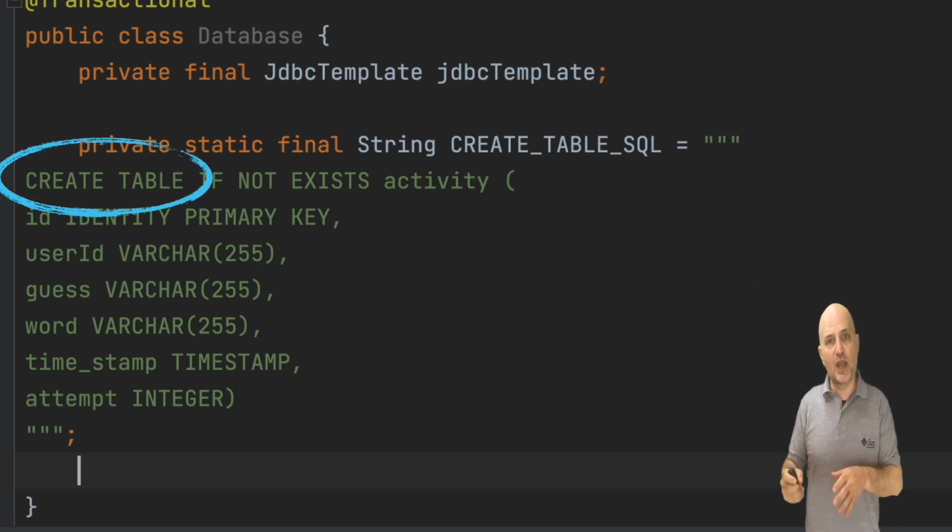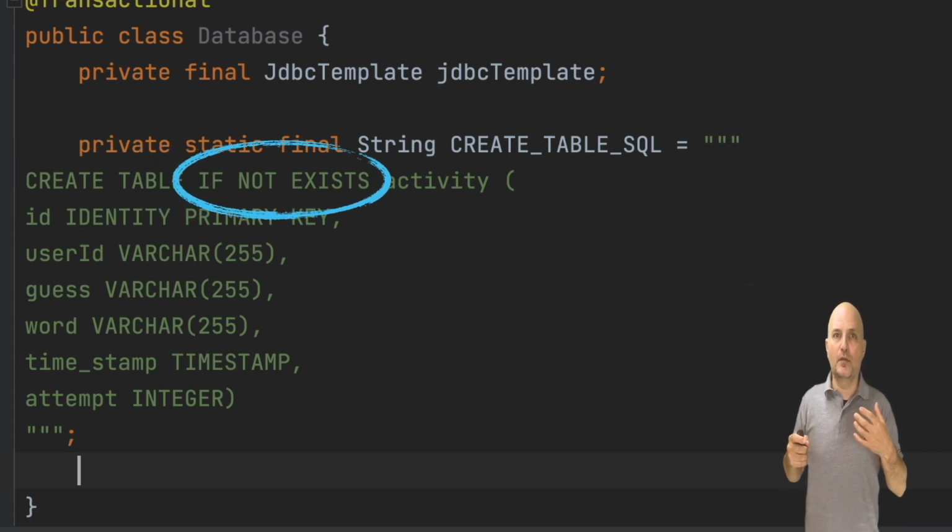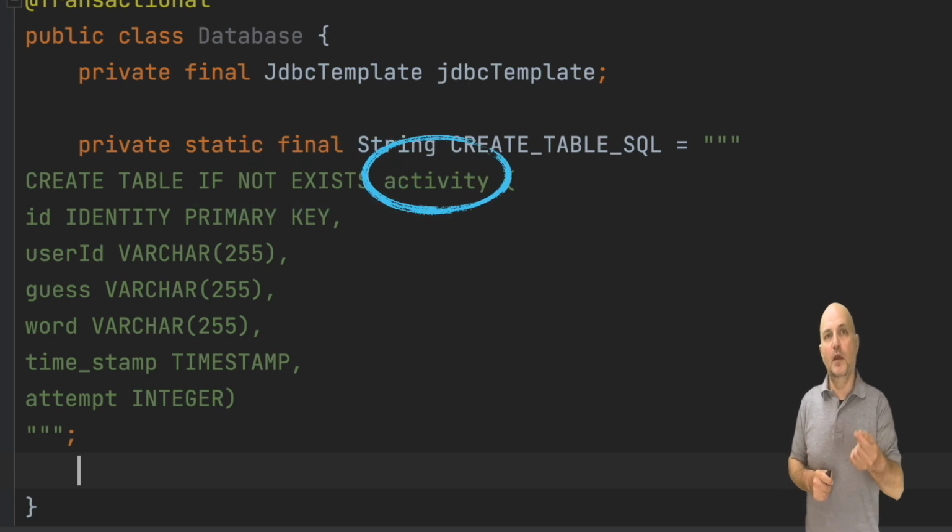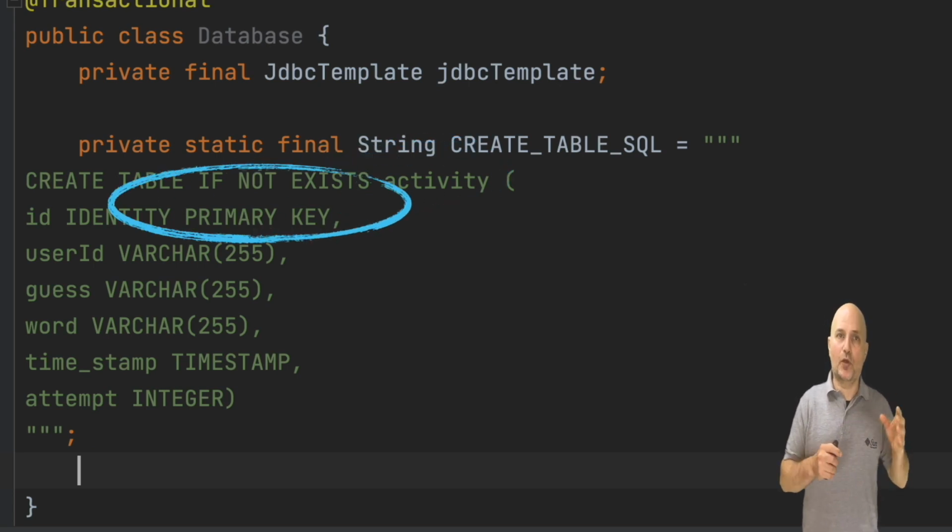This is a create statement. With it, we create database tables as we saw before and define the columns that will be part of that table. The statement will only execute if the table doesn't exist. That means that we can run this SQL statement and it won't fail if we already created the table beforehand. The table will be named activity. Next, in brackets, we have the definition for the columns.